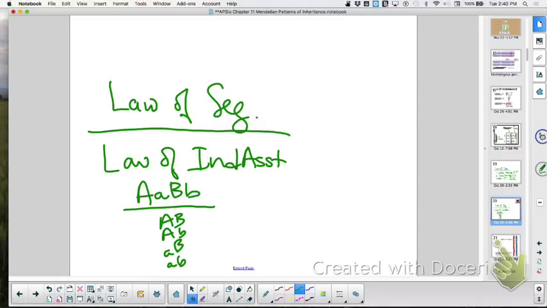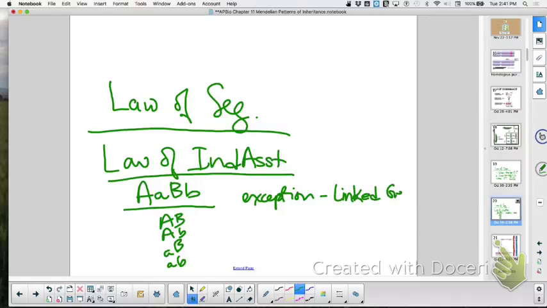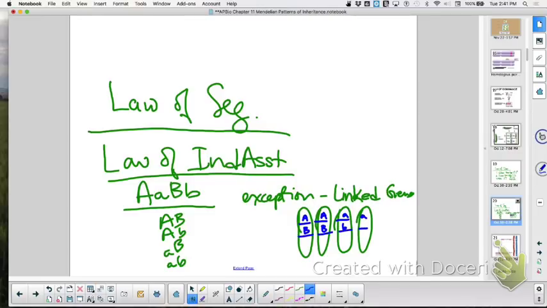On the same chromosome. And do you know what we call that? What kind of genes those are called? Starts with an L. Linked genes. Yeah. So your exception to the law of independent assortment is linked genes. Okay? Because if you have a homologous pair, and if on here you have big A, right, these are sister chromatids, so they're going to be the same, right? So when you have linked genes like that, big A and big B are going to travel together,